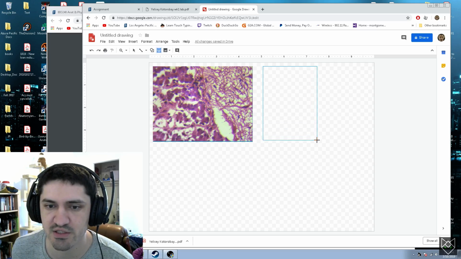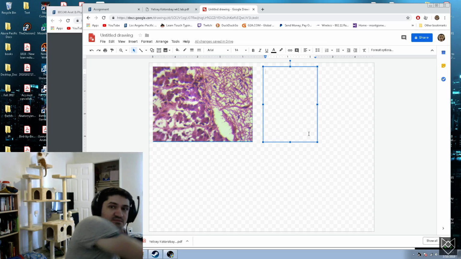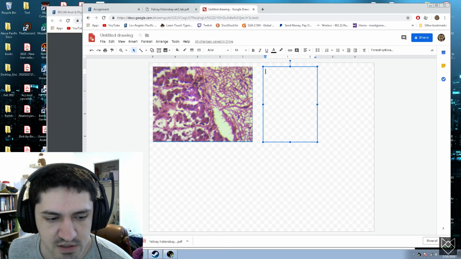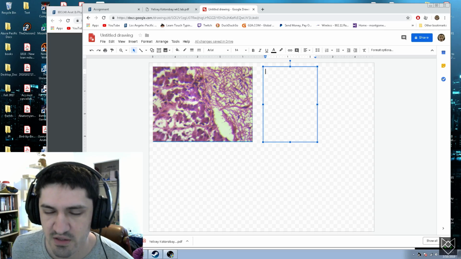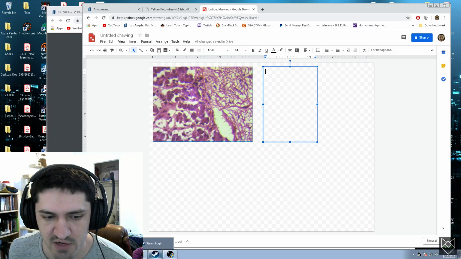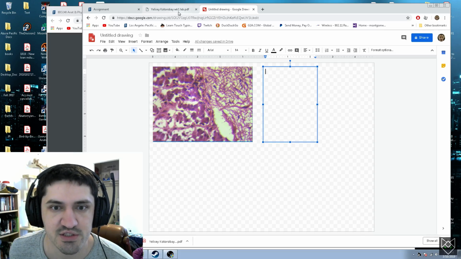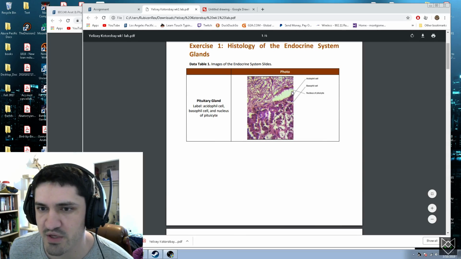The way I like to do it is to put my text box next to it and then look at the words that need to be, or the structures that need to be identified in the photograph. I do that by going back to my instructions here. Oh, this is my already completed one. And I'll be needing to